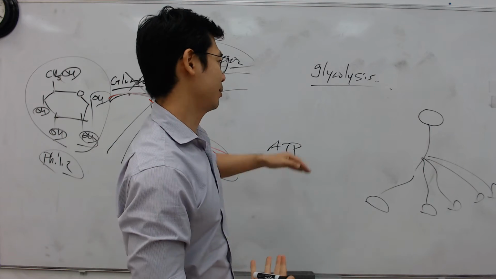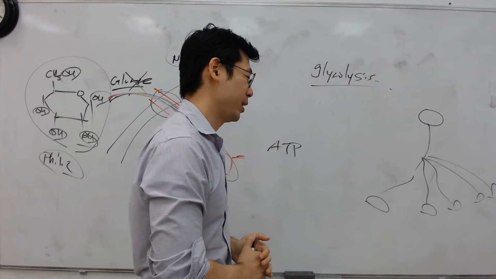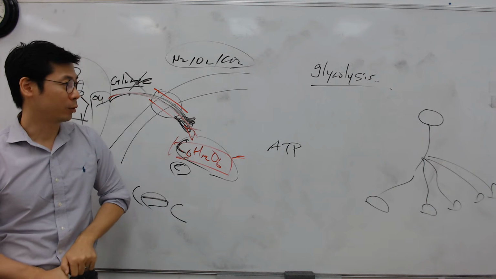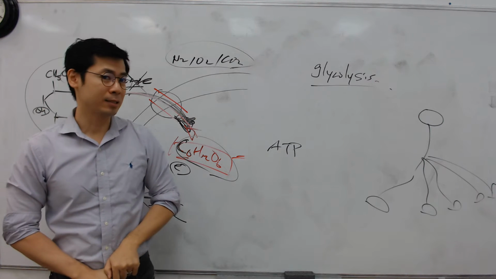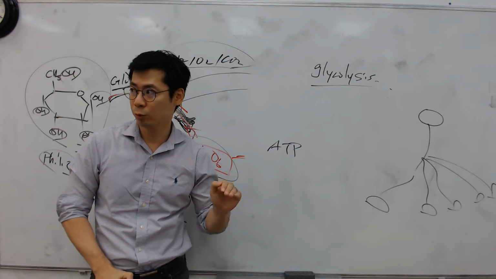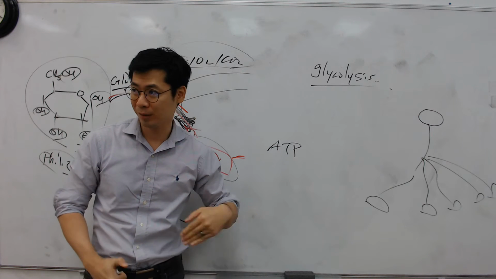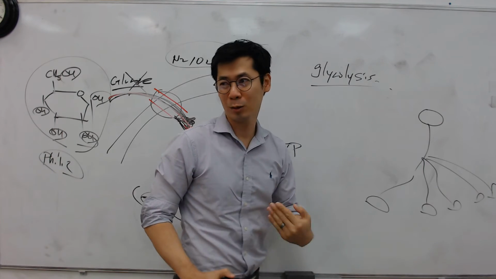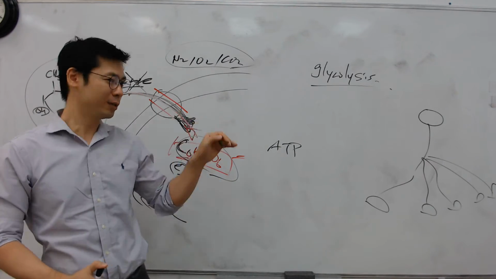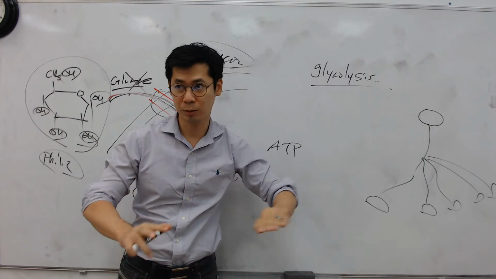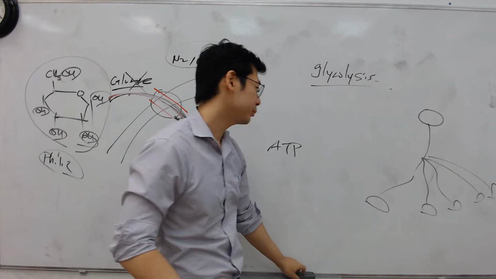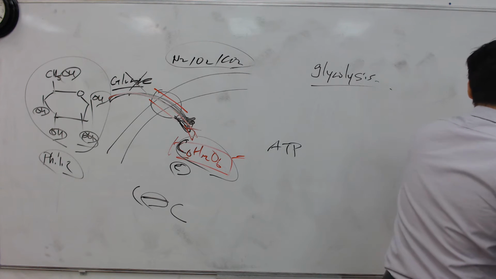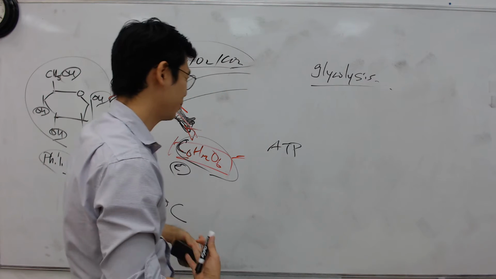So what is glycolysis? From an AP perspective, glycolysis is not something you have to memorize at all. How much do you have to know about glycolysis for AP? Not a lot. You just have to know what goes in, what happens, and what comes out. That's all you have to know for AP. They don't go too crazy on this. They talk about a little bit of evolution, like I mentioned, a very conserved process.